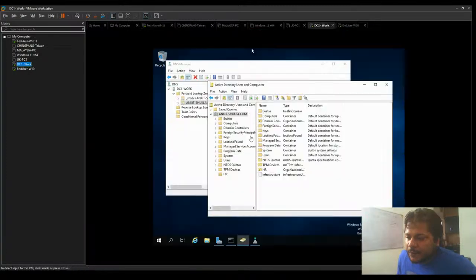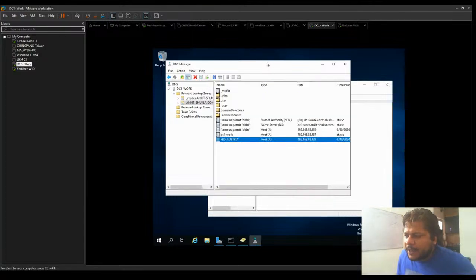Then we went to the domain controller, and I showed a new glimpse of the DNS management in the Active Directory domain.